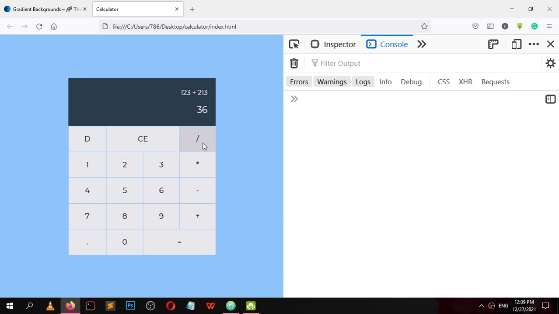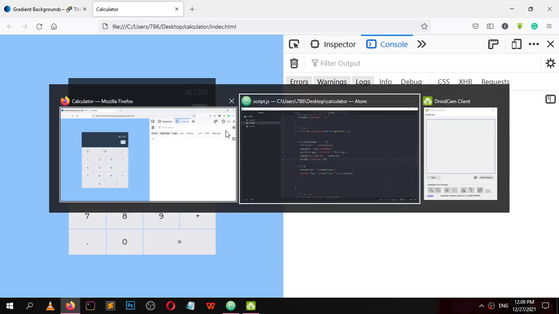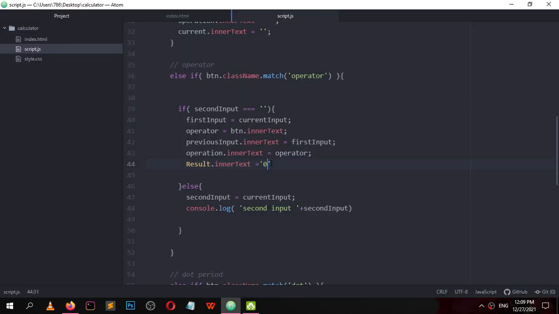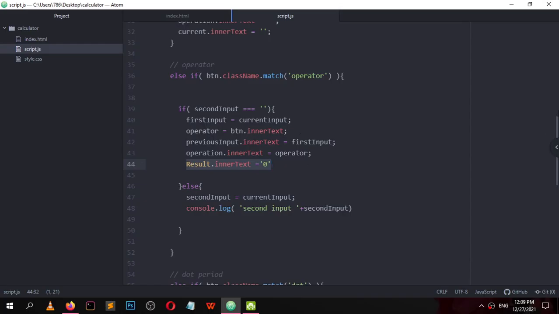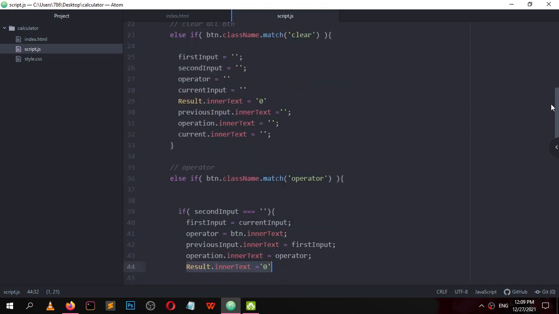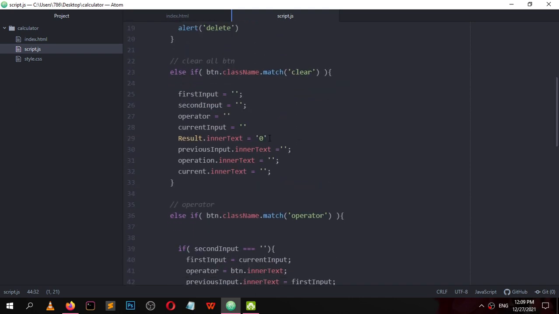36 divided by, now it's 0. Now we start typing something. 36 divided by, result equal inner text, and the variable that shows here is current input. Current input should also be set to an empty string,